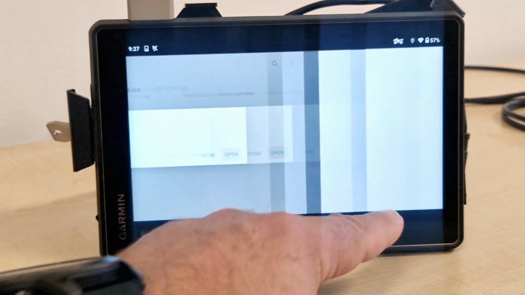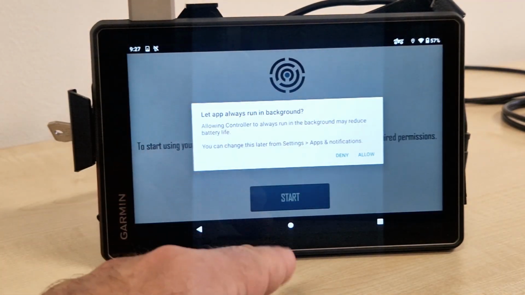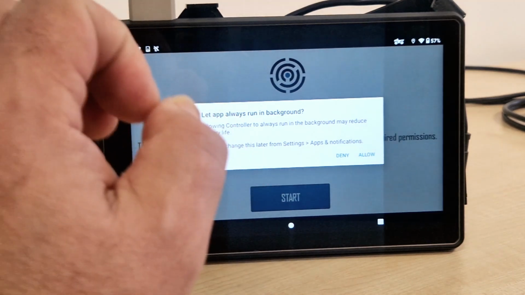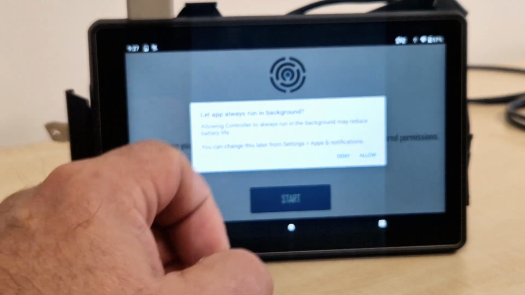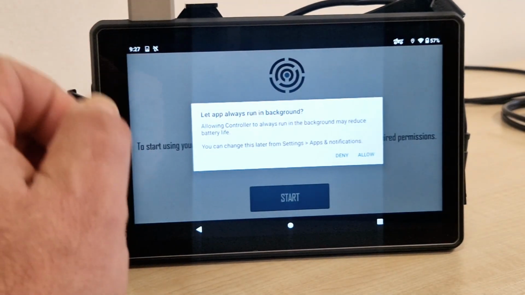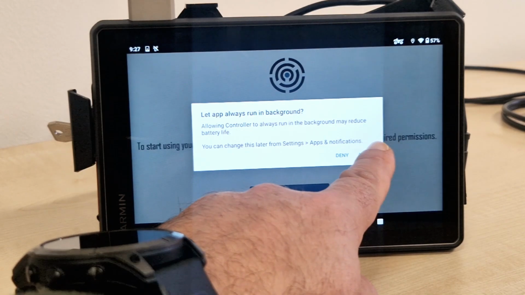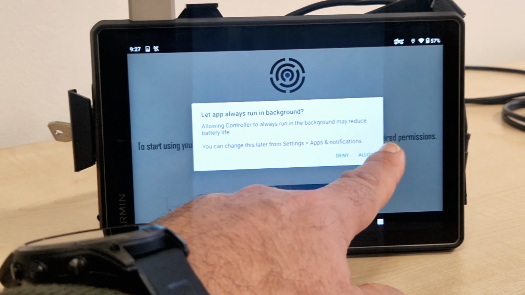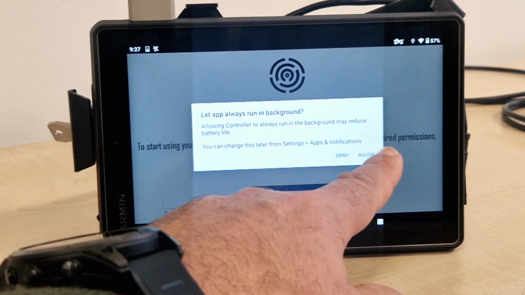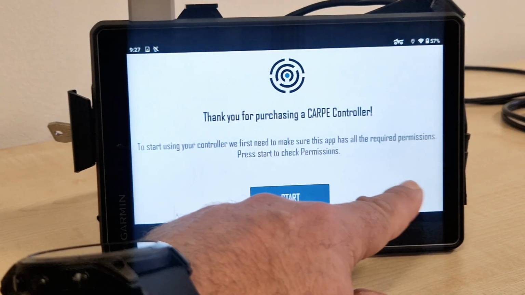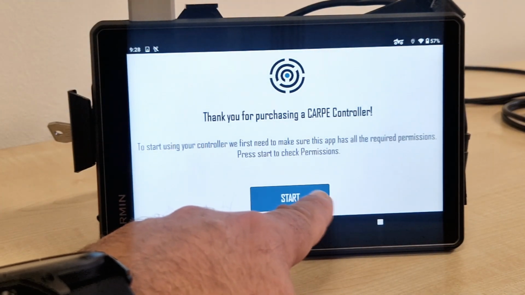And now we want to open it. And now we need to go through the permissions approval routine. Please approve everything, or the app is not going to work properly. As a consequence, the controller is not going to work properly. So running on the background, it means that the system is not going to be shutting down our service due to battery optimizations. This is really important, so let's allow that. Hopefully I managed to click it.